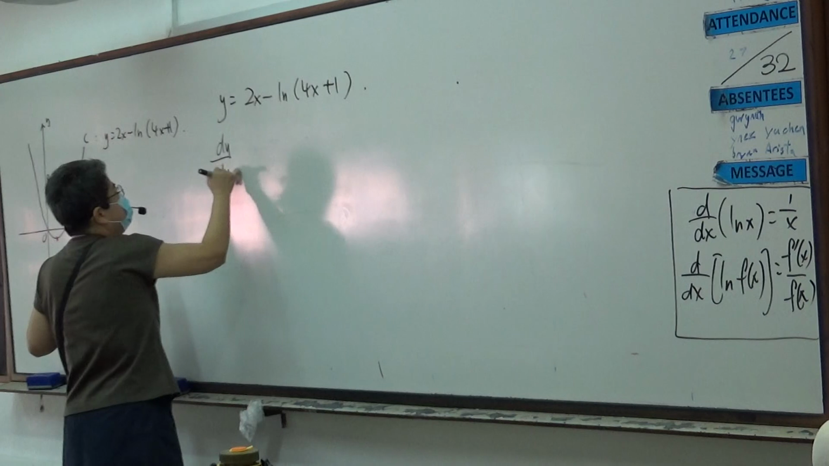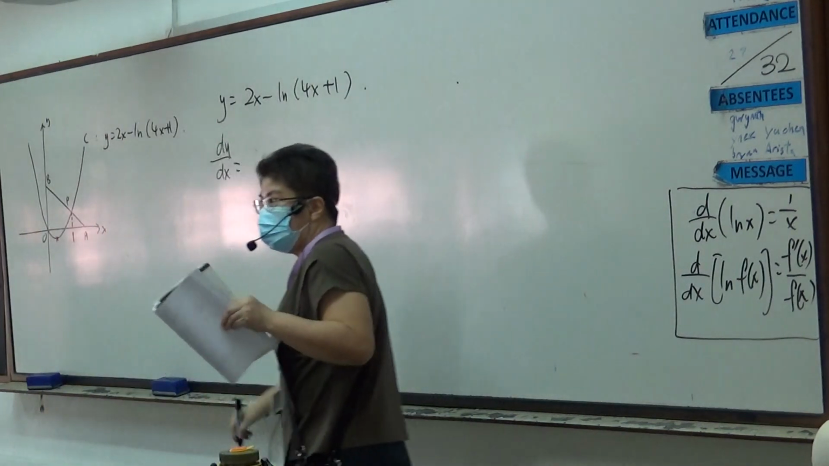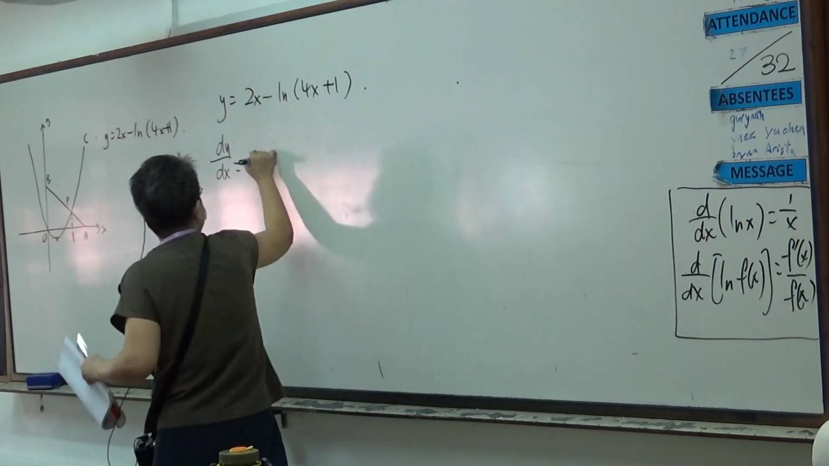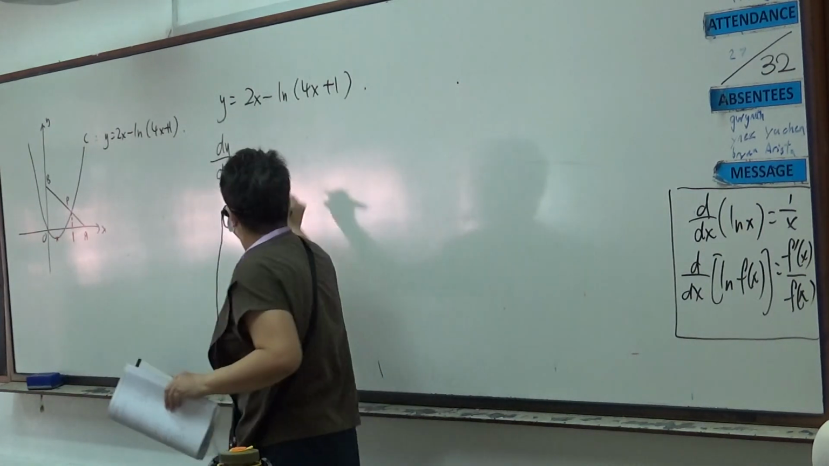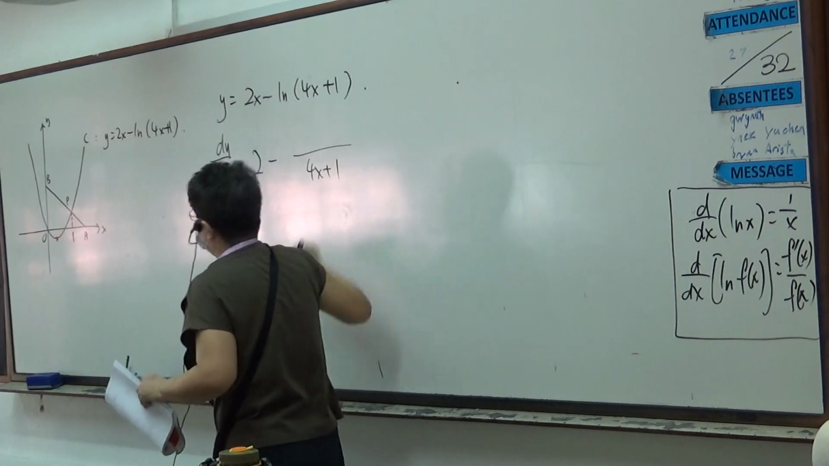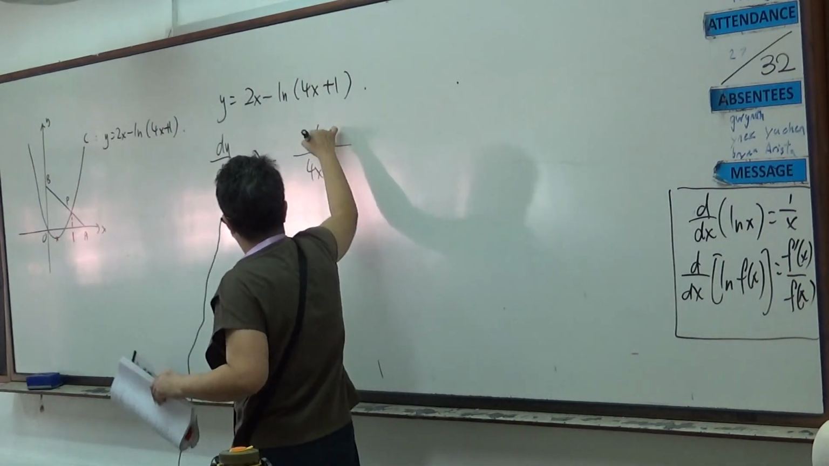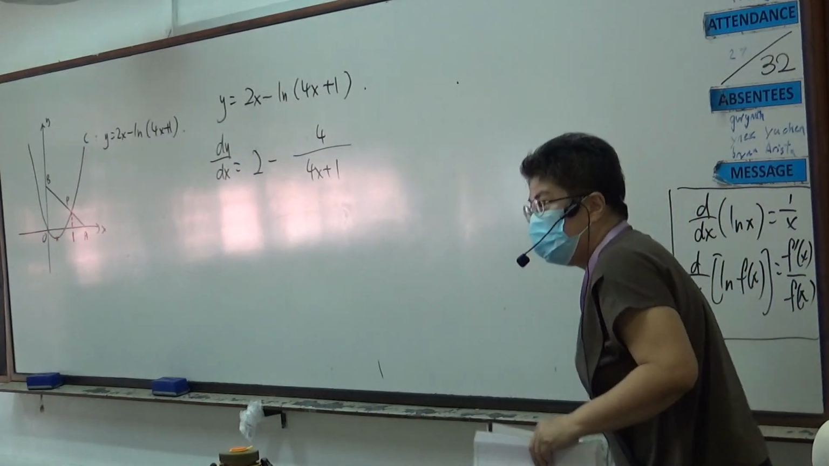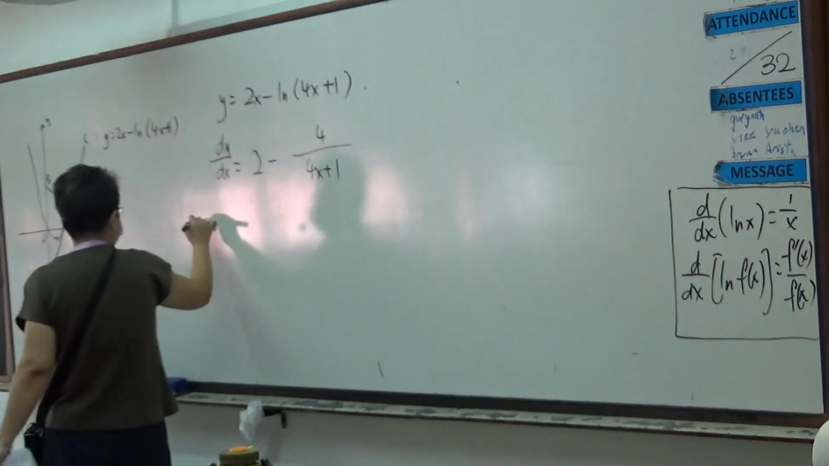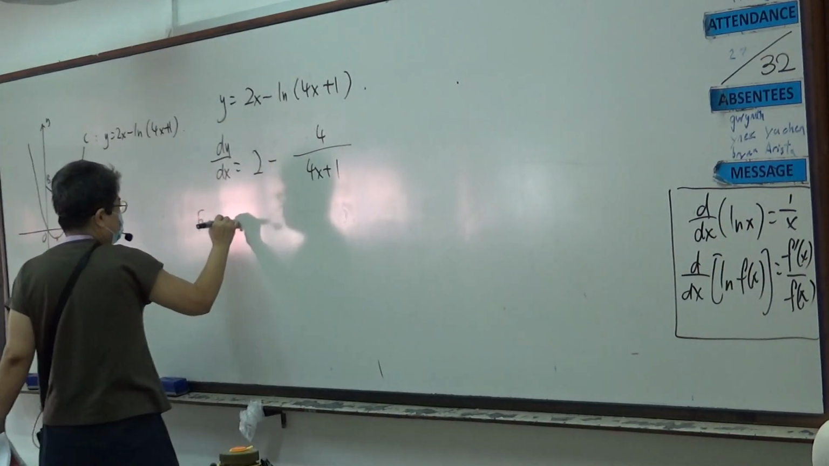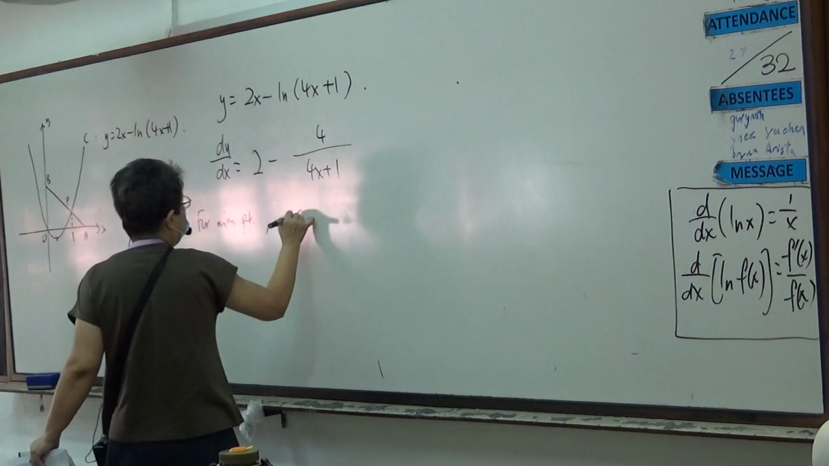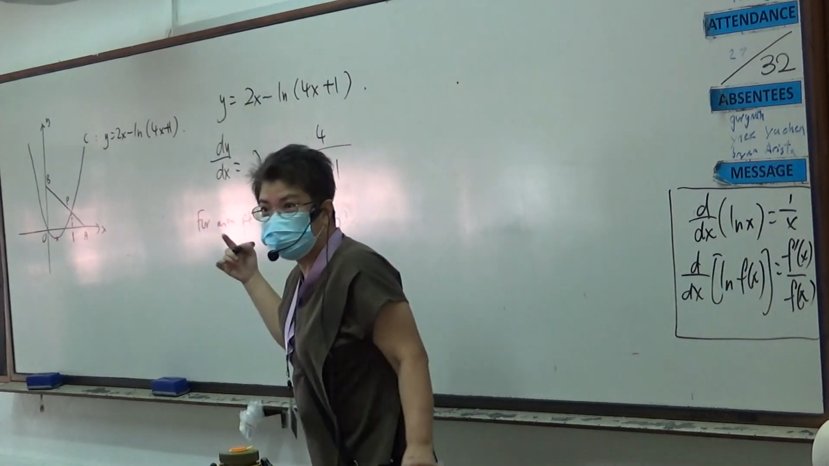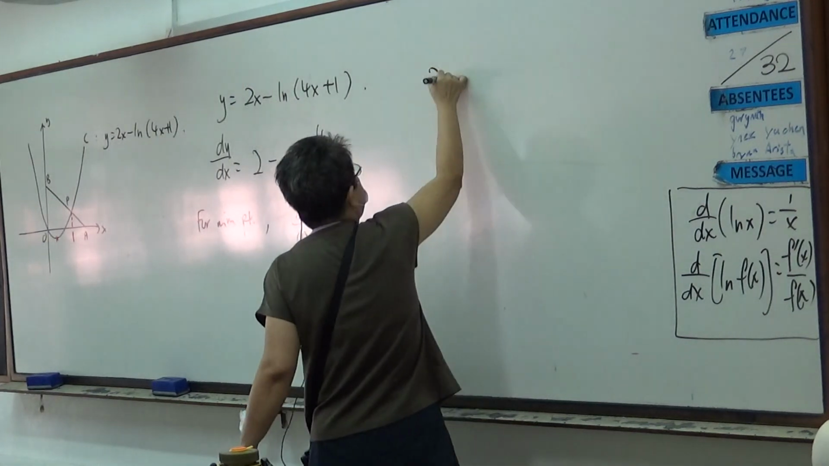I'm going to find dy/dx, right? Okay, all of you look up. I differentiate this, it becomes what? 2. Very good. I follow with negative, then I put 4x plus 1, then what is the top? 4. This will be my differentiation. So for minimum point, dy/dx must be 0. Same logic, so I will have